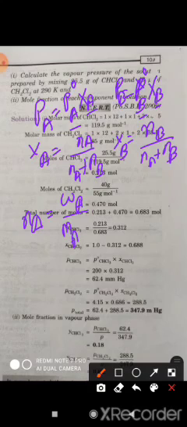Ma is the molar mass, and Nb, how we find that out, is equal to Wb by Mb. So here the Wa and Wb values are given to us, that is 25.5 gram and 40 gram. But we need to find out Ma and Mb. The formula is given to us, so we can make use of the formula to find the molar mass.